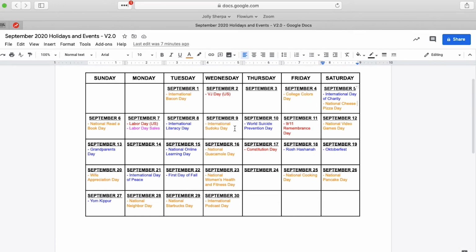Of course, we have International Sudoku Day. Whenever we have games or things like this that feature as special events or holidays, it's a fun idea to even send out an interactive campaign where you have a Sudoku puzzle in your email, and then clients can either fill out that puzzle in the email or they can click the link. So again, it acts as a really good CTA button for them to go to a separate web page that's linked to your website, play the game, and then it will hopefully redirect them to another part of your e-commerce website. So this is an idea for this particular day, but also things that you can do in the future for any other National Puzzle Day or National Crossword Day or anything like that.